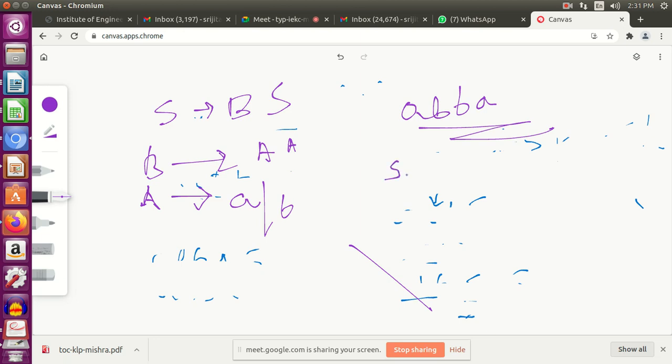So you start with S tends to BS, B can be replaced by AA. I want AB at first, so I'll replace this A with A and this A with B. Again S should be replaced by BS, no other option is there, so replace S with BS.